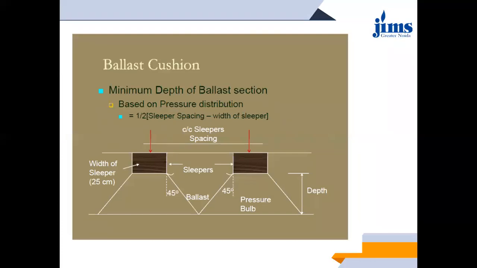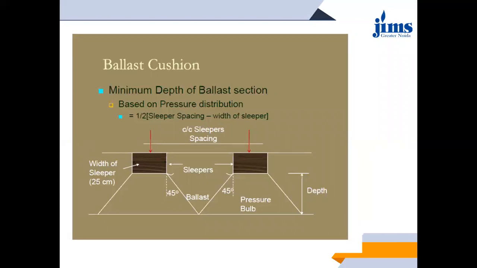Next is an important topic, that is ballast cushion. Ballast cushion is basically whatever amount of ballast is placed between the two sleepers and underneath them. That is known as ballast cushion. This ballast cushion has a certain depth. Like when you studied Highways, when we consider loading for design, what did you study there? ESWL, that is equivalent single wheel load. Okay. So according to that equivalent single wheel load, what was it?